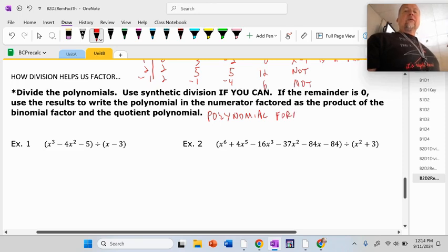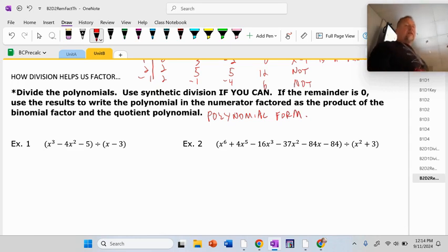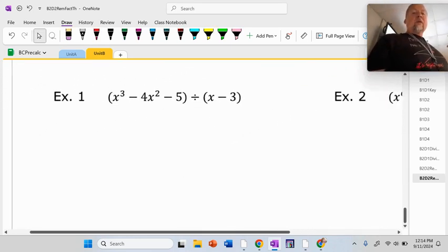Polynomial form. This was the form I warned you about when we did the long division, saying I don't like this form. I like the fraction form. But anyway,